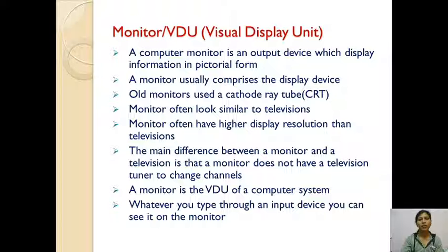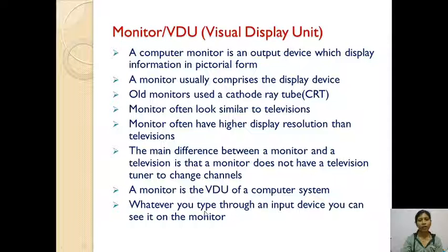Whatever we have typed, or whatever information we have given to the computer, if you want to see it, read it, watch any movie, or see any picture, using the monitor we can see it easily.